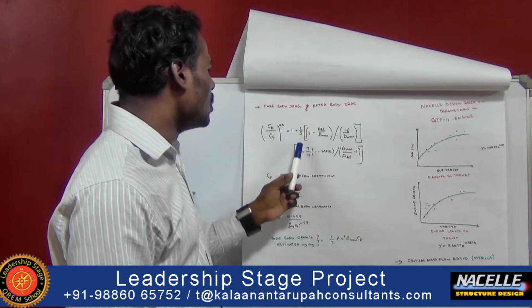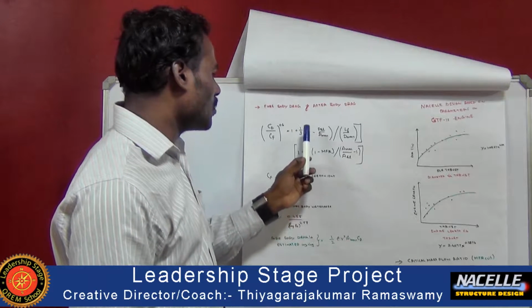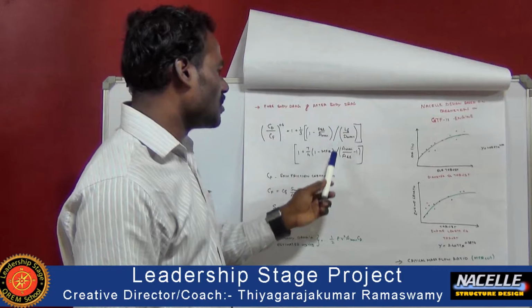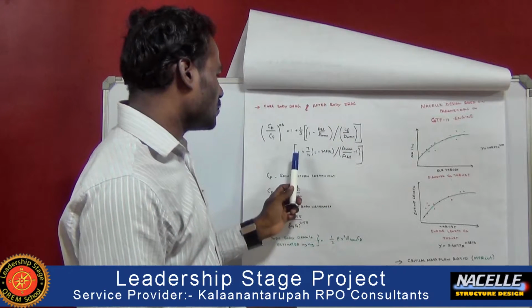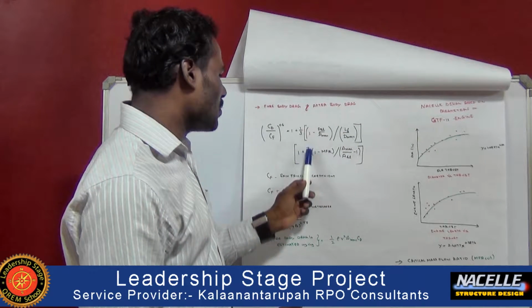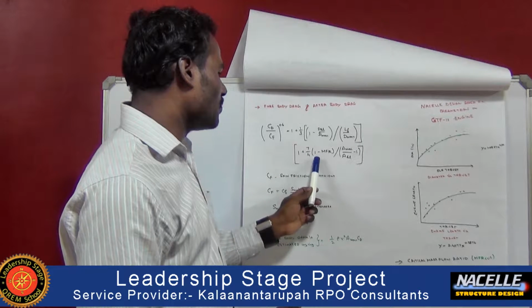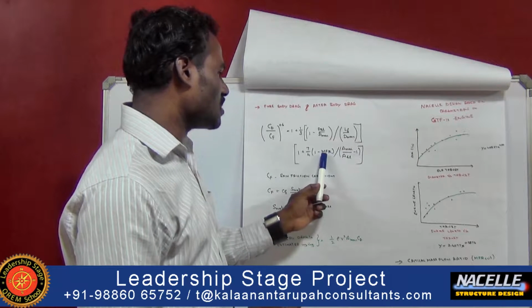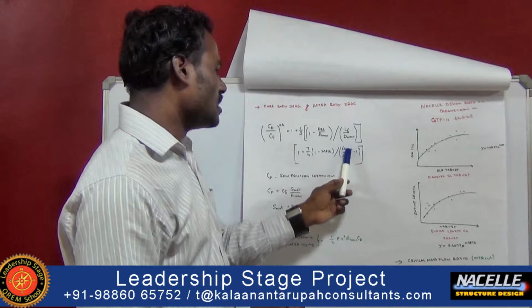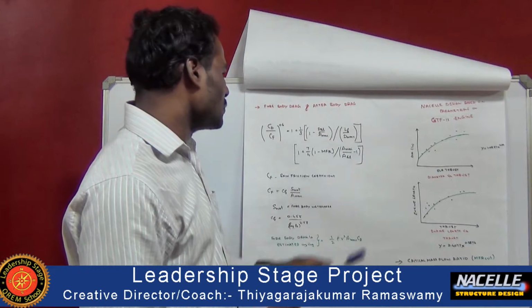whole power 0.6 is equal to 1 plus 1 by 3, whole divided by 1 minus DHL divided by D max, divided by LF divided by D max, into 1 plus 7 by 4 divided by 1 minus MF, that is the mass flow ratio, divided by the A max divided by AHL minus 1. With respect to the